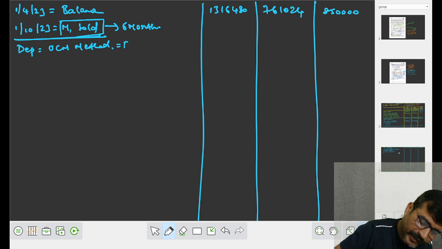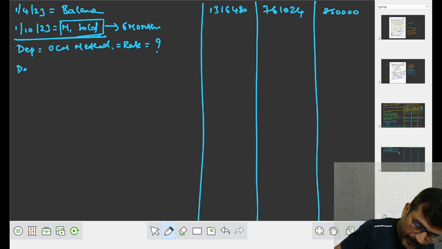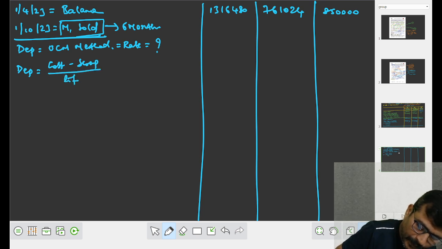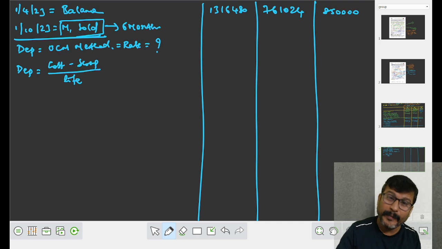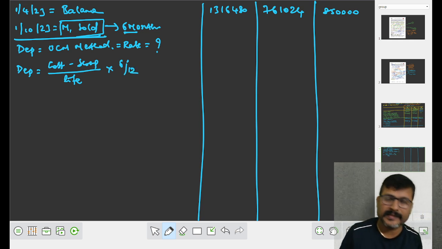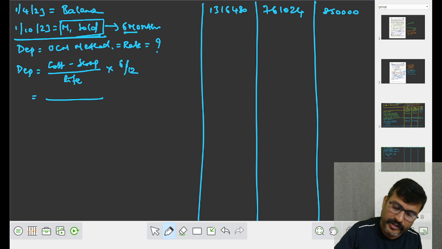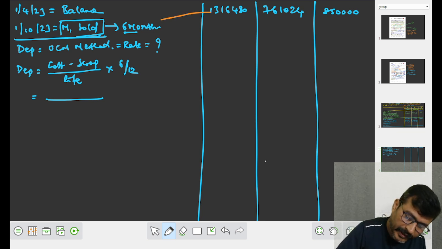Further, are you given the rate of depreciation? No, the rate of depreciation is not given. In such a case, what to do? Depreciation is cost minus scrap by life. For how many months do we have to calculate? We have to calculate for only 6 months, 6 by 12. Now, what is the cost of this particular machine? The cost of this particular machine is only 13 lakh